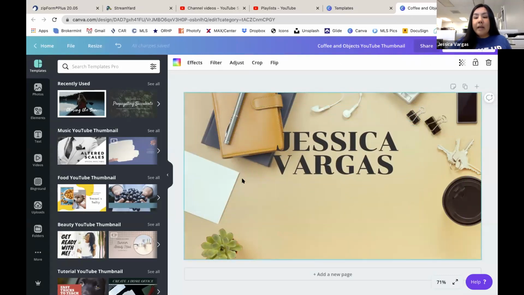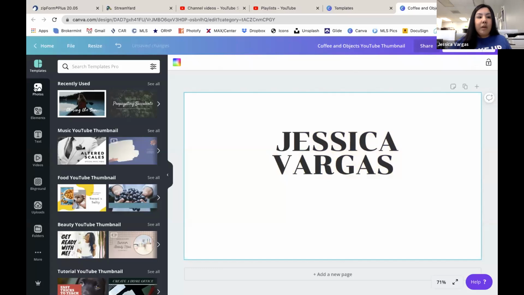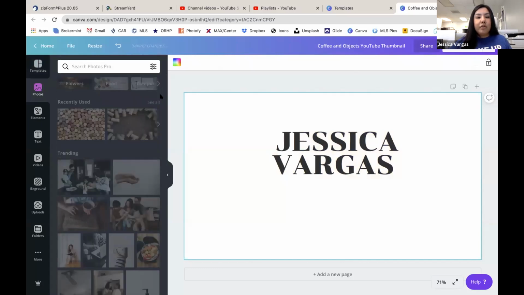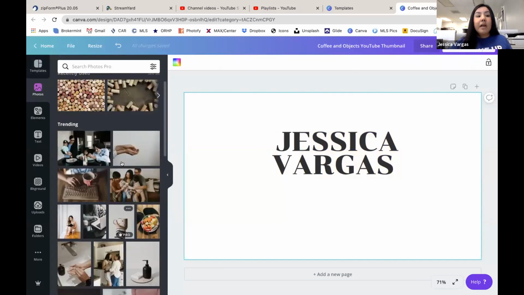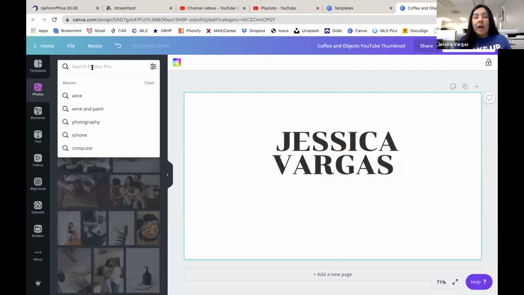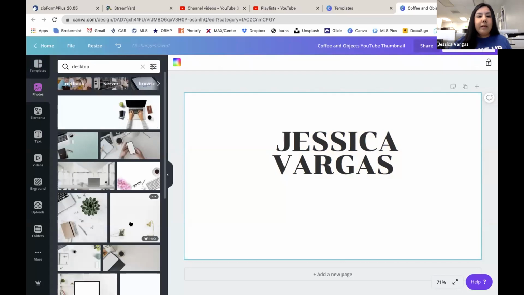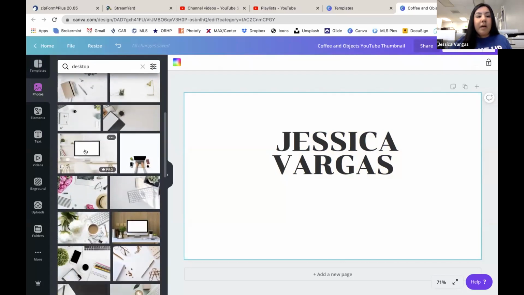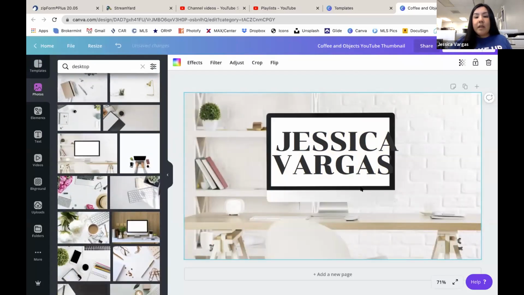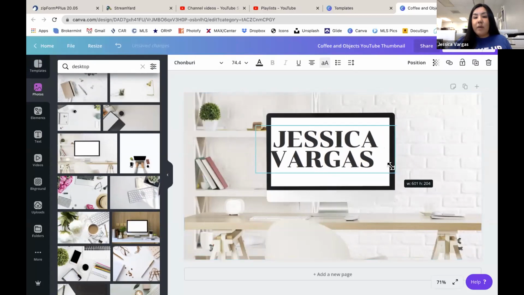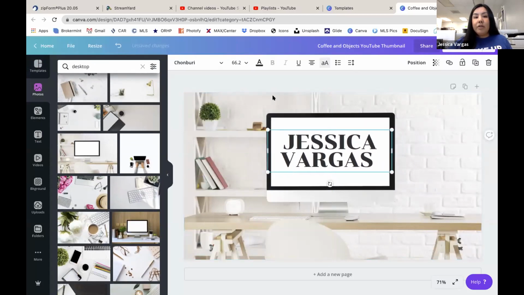Sometimes I decide I don't like it anymore, so I'll go to stock pictures, and they have a ton of stock pictures. Let's see, desktop. If I click desktop, and I like this one, it's that easy. You just swipe it in, and it gives you the measurements already for the YouTube.